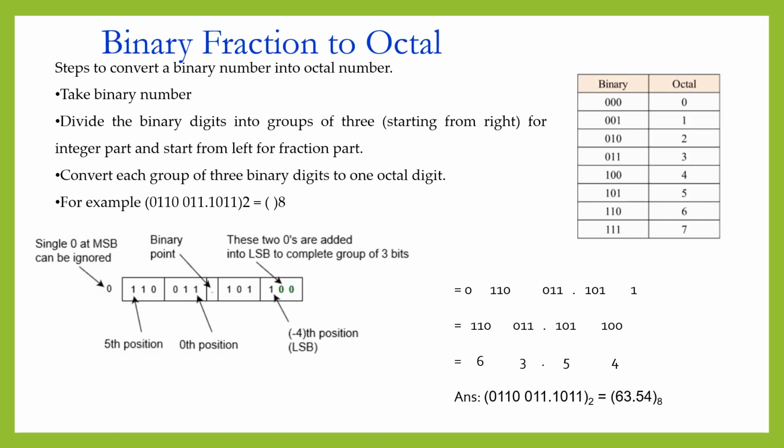The next number conversion is binary fraction to octal. To convert a fractional binary number into an octal value, substitute groups of 3 bits in the integer part by the corresponding digit. Similarly, make groups of 3 bits for the fractional part starting from left to right and substitute each group by its equivalent digit or symbol in the octal number system. Add zeros at the end of the fractional part to make a perfect group of 3 bits. And here in this example, we have to convert the binary number